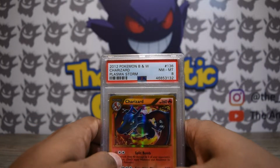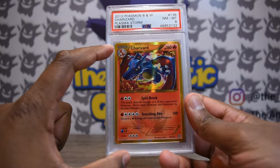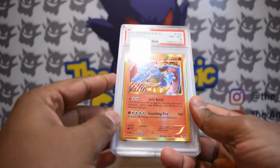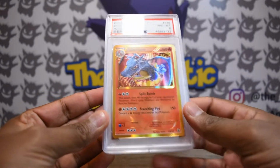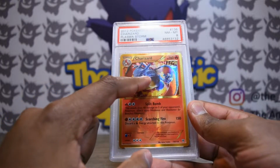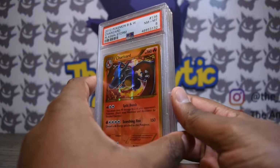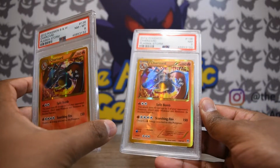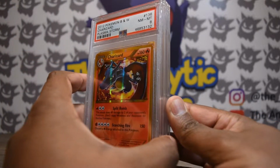Black and White, their gimmick for secret rares was let's print it in gold foil and then let's make the Pokemon shiny. And so Charizard and Blastoise got similar treatment. What's cool about these cards, obviously, is that they are textured as well as have the gold border, which is a beautiful setup. The problem with this Charizard is that in the past, it has been acknowledged that the print quality on